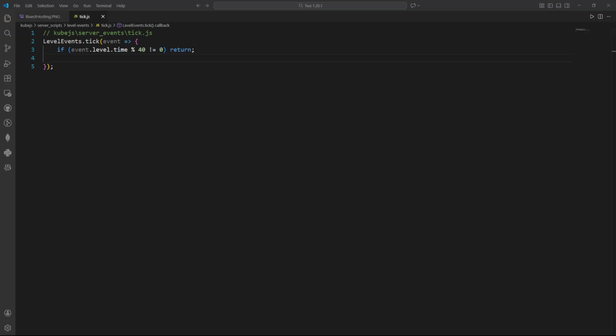Our next check is going to be ensuring that this logic only runs in the overworld. So again, we're going to do if event.level, but this time .dimension. If it's not equal to the overworld, we're going to return as well. So now that those two checks are done,